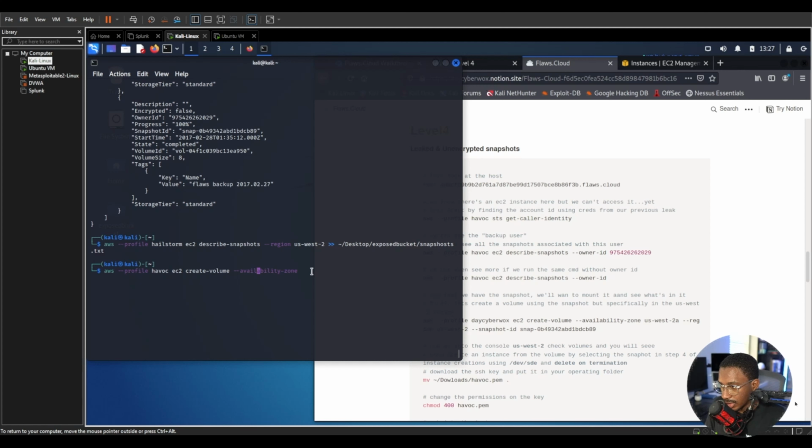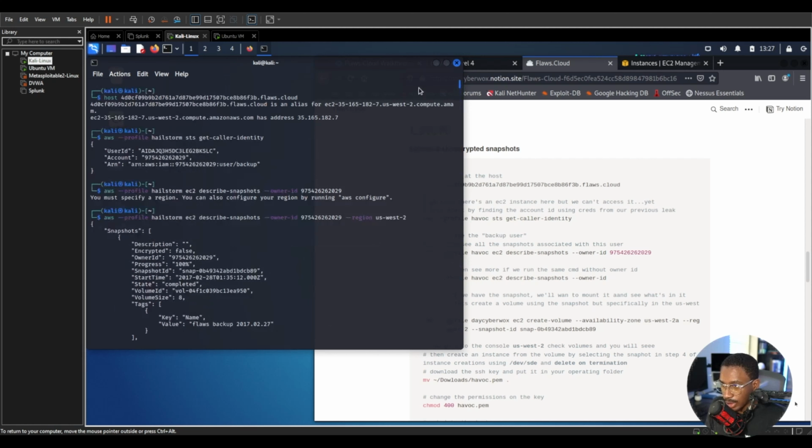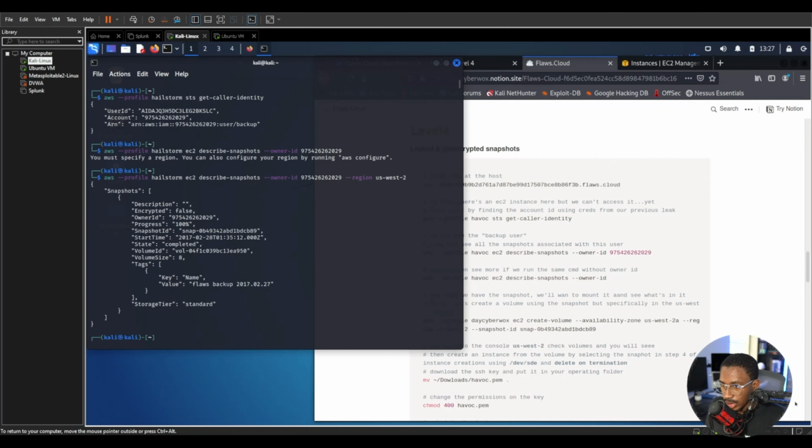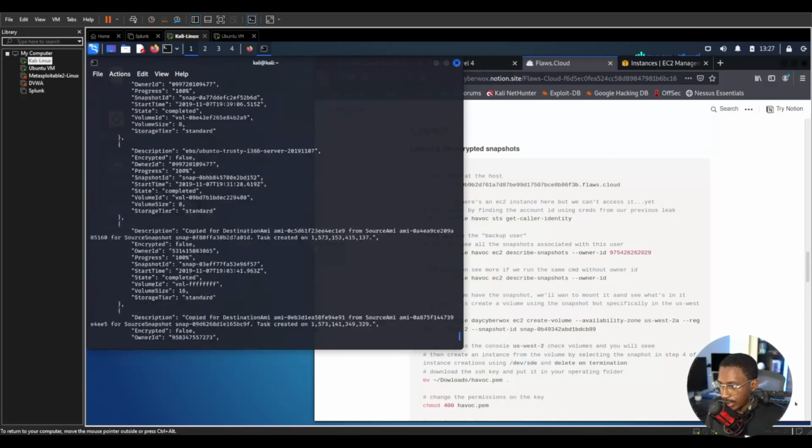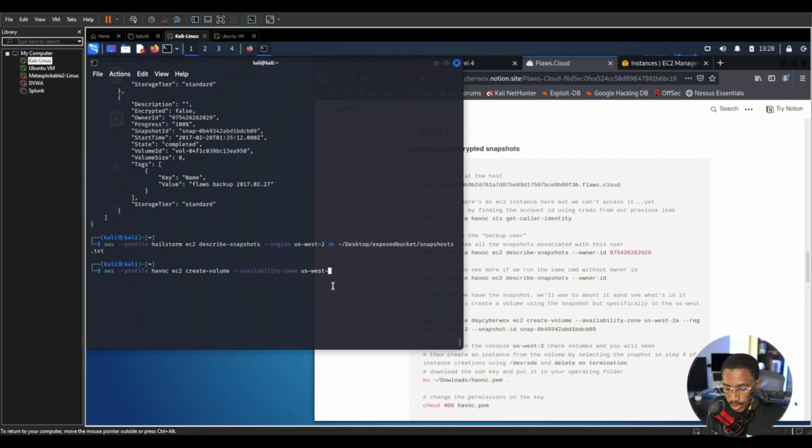All right, availability zone. And we're gonna say US West 2A, because you know this is in US West 2. So we want to make sure everything is in US West 2 so that the snapshot can work. And we're referring back to the original snapshot we found. This one right here. This is what we're going to be using for the information we're looking for. So this is what we're going to be using to mount the volume. So US West 2A, and then we're going to specify the region, US West 2,